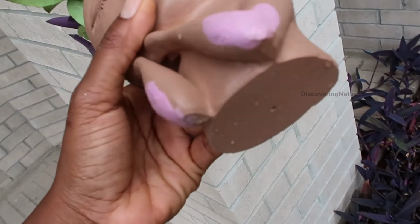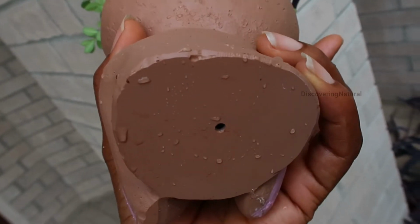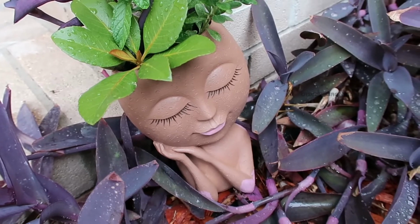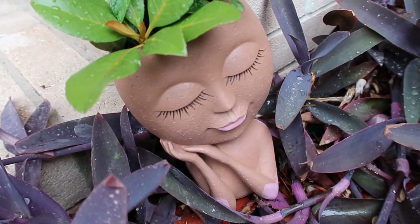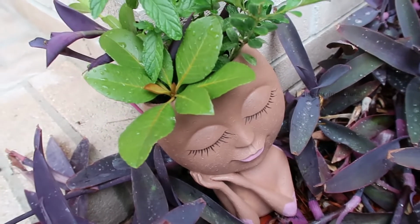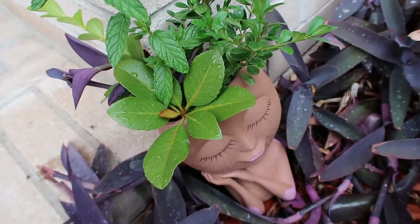So one thing I love about this is that it also has drain holes, if you look down there, so that when you water your plant, the water drips through. So cute. It's just a wonderful, nice gift idea for children and even for adults, for parents, grandparents, birthday gift, and so on. And I especially like that the plant makes it look as if it's alive,